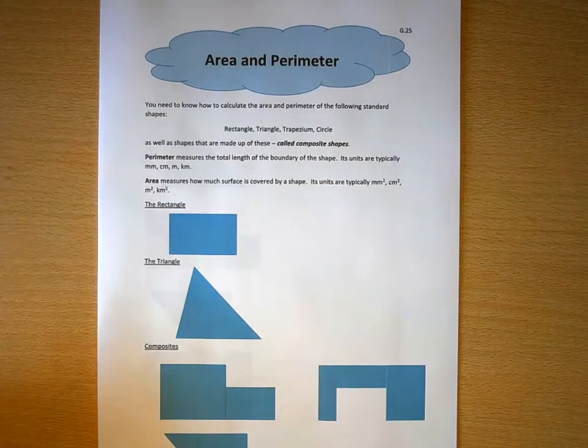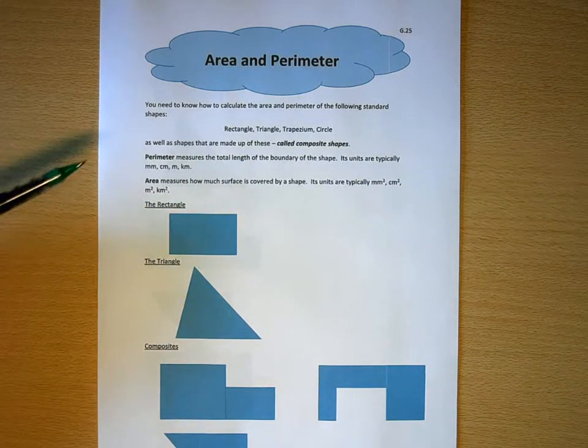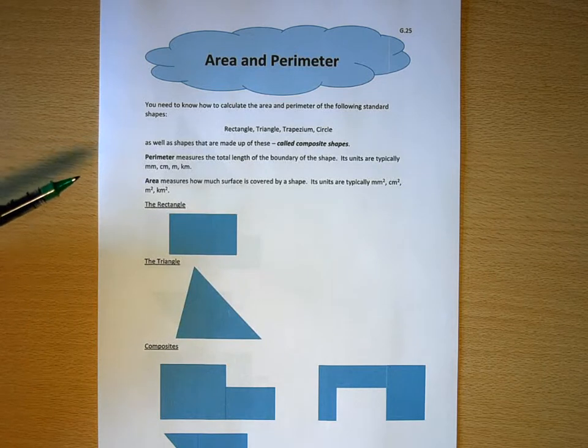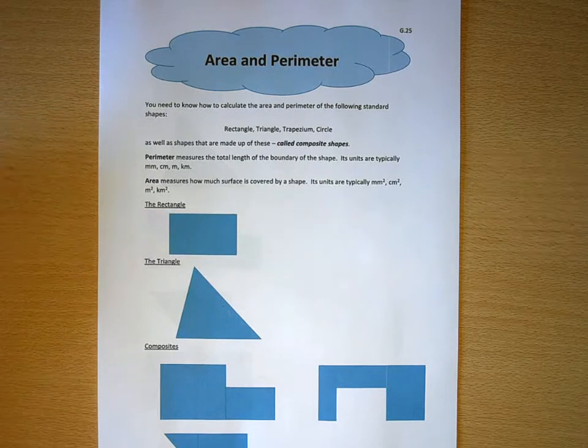In this clip, we're going to review all the knowledge that you need on area, perimeter and volume in order to take you through foundation and intermediate tier GCSE from probably grade E type questions up to grade B. So the basic things that you need to take from your learning through Key Stage 3 and probably Year 10 with regard to area and perimeter, you are expected to know how to find area and perimeter of the following